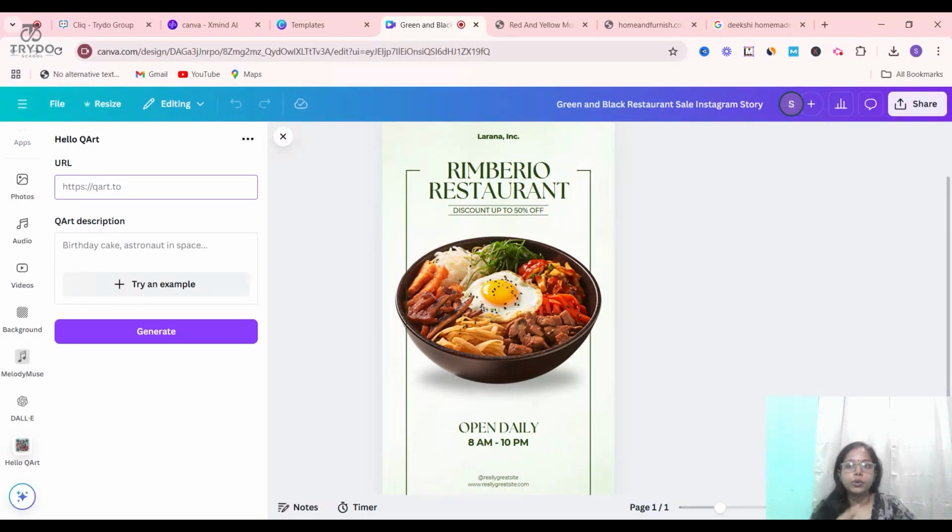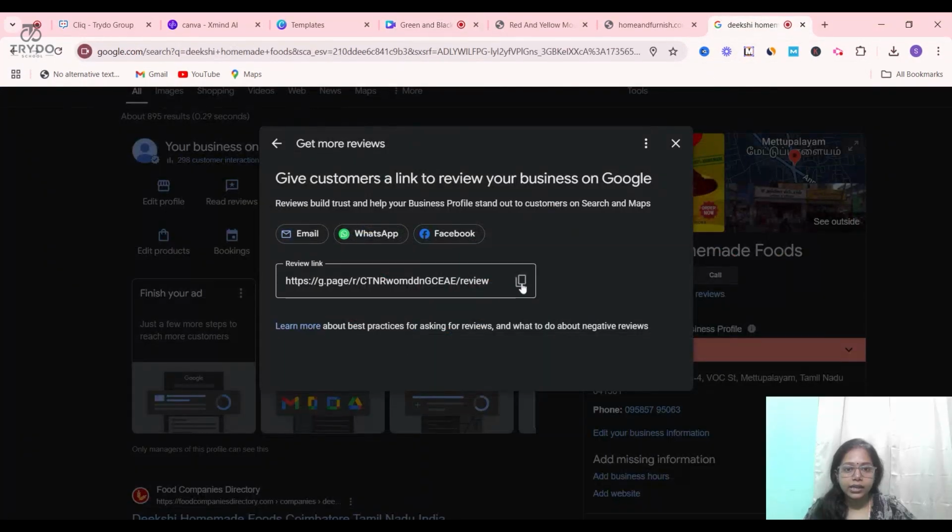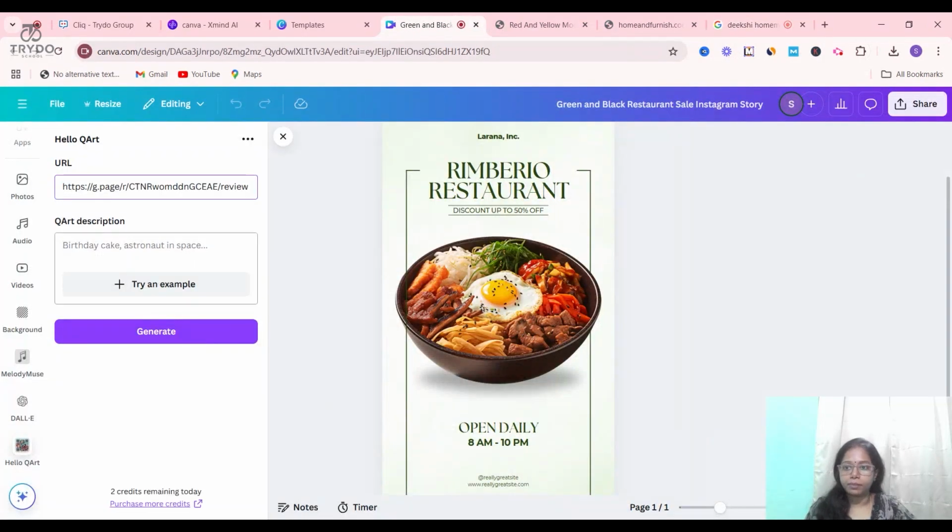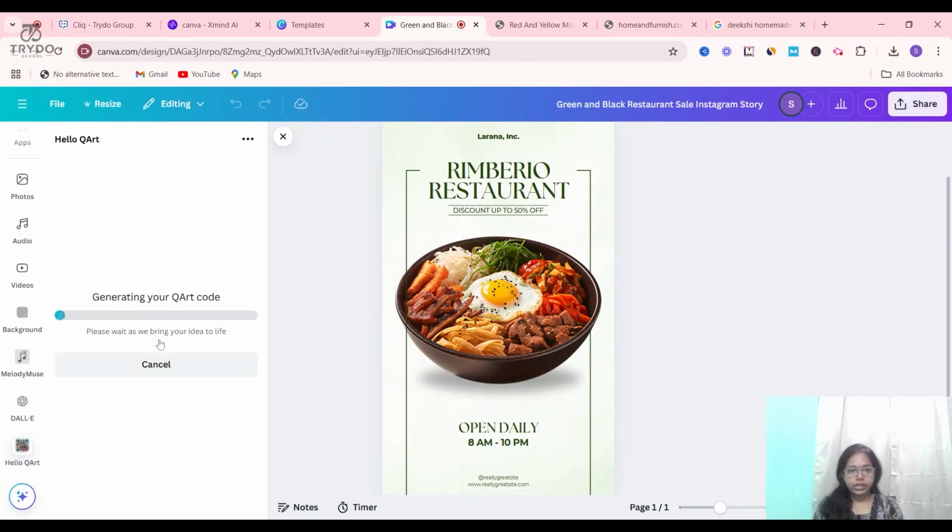The URL link. So what is the URL link? Let me copy it, come over here and paste it. The description is sweets and snacks. Now let's click on generate. Let's see.